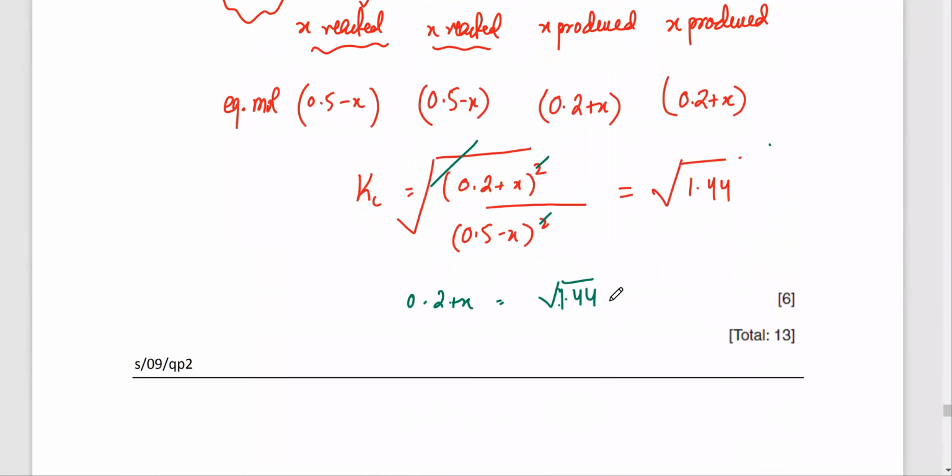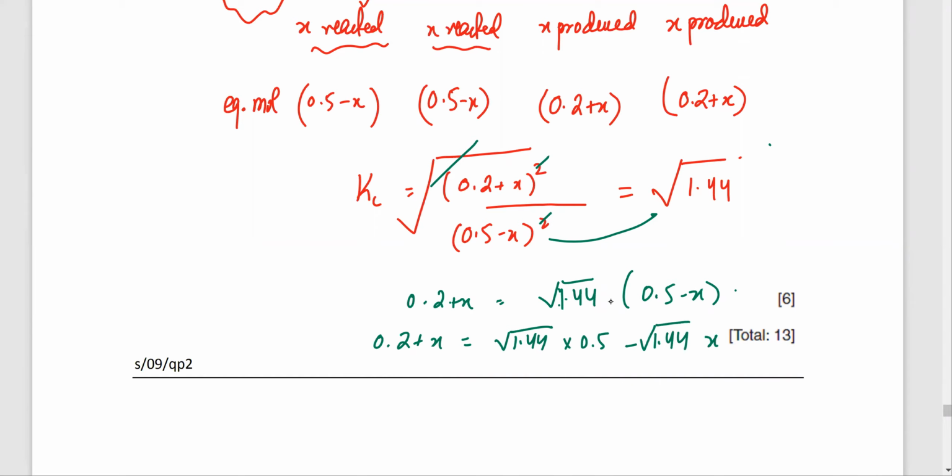I said you have to be very careful with the calculation. Get this on the other side, so it's going to be 0.5 minus x, right? And you can open up the terms. It's going to be 0.2 plus x, and it's going to be √1.44 into 0.5, and then it's √1.44 into x. If you take x as common, it's going to be 1 plus